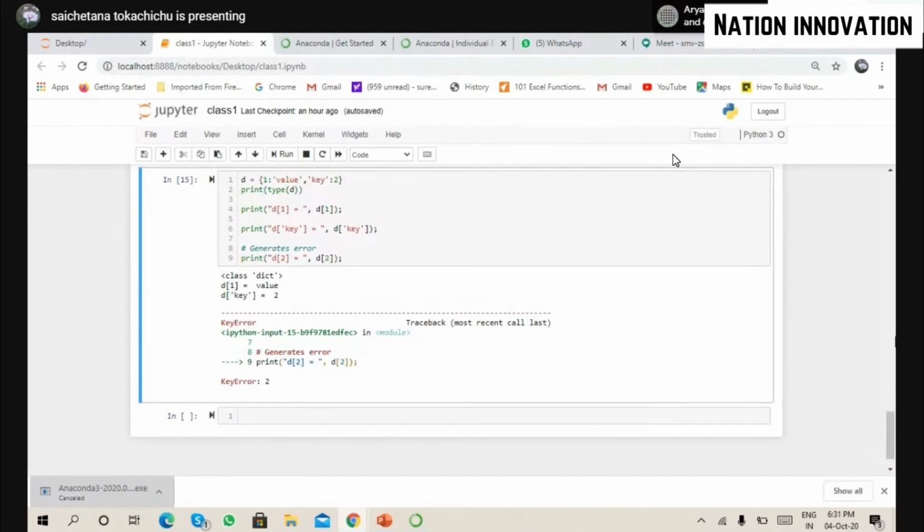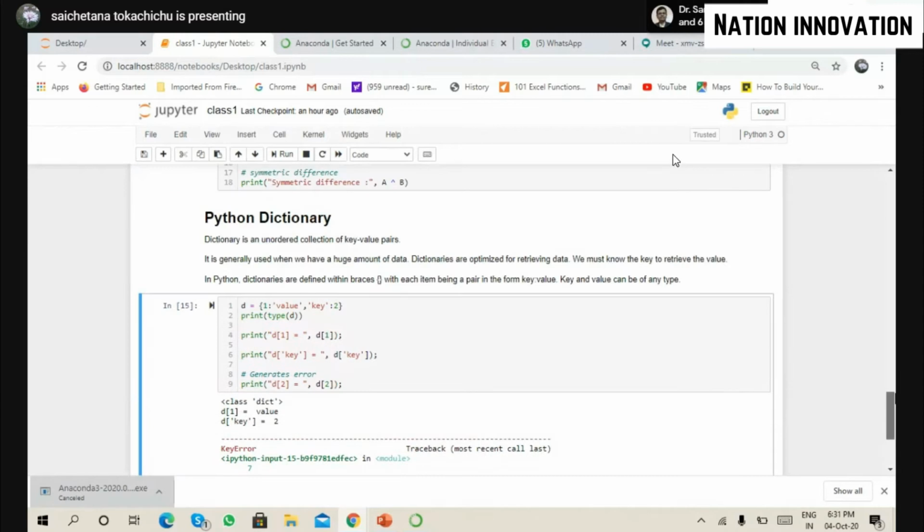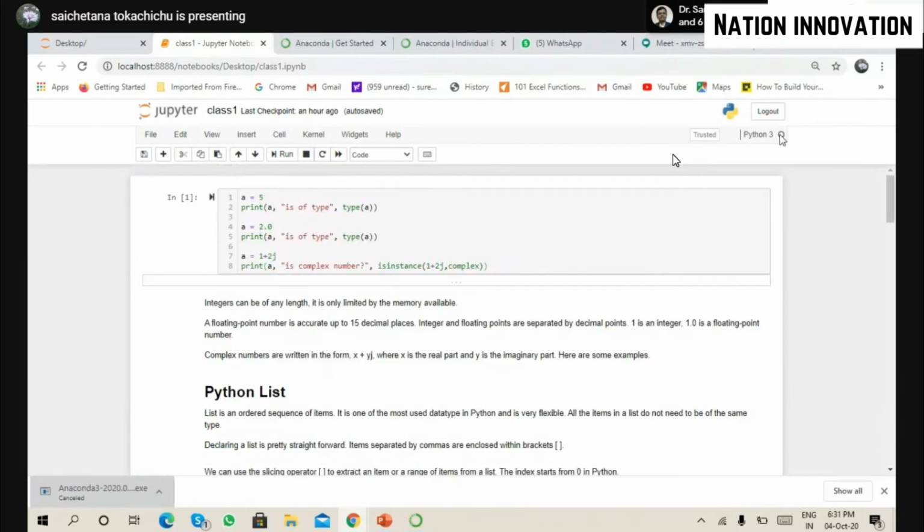In this screen, you will see this black circle. If this circle is in black color, that means your system is running. This whole thing is based on kernel structure. I'll explain it to you. We have blocks of code. Unlike other programming languages, over here in this notebook we work in chunks: a bit of code, we run it, then we proceed to the next level. So we do not write the entire code in a single block. We divide it into smaller chunks and run it individually. This is one of the key characteristics of the Jupyter notebook.